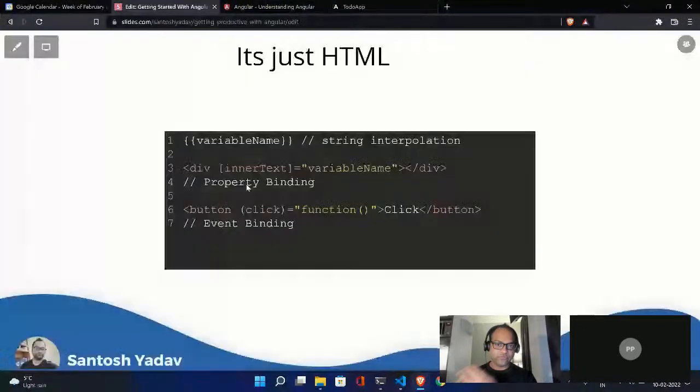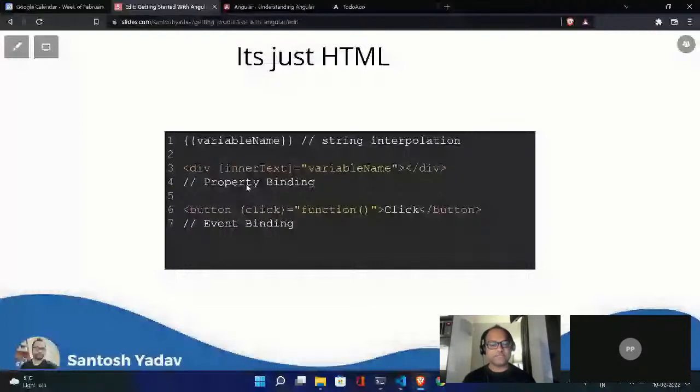There is another way. Angular allows you to actually use the HTML properties for data binding. Remember this. This is really important because it's something we use a lot in Angular. Any valid HTML property can be used for data binding.